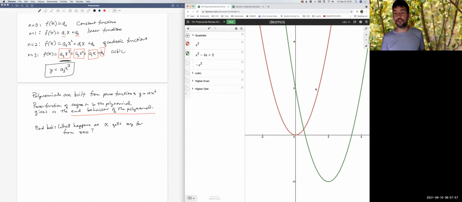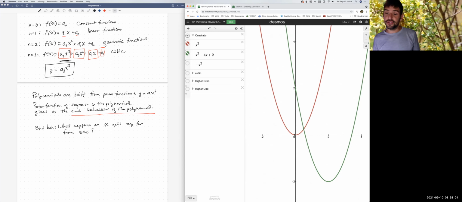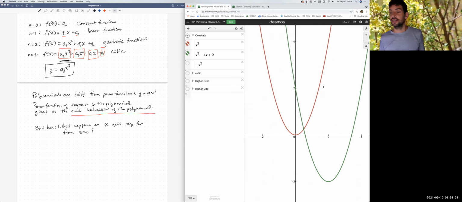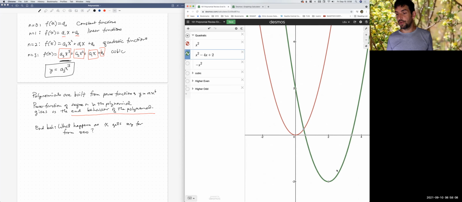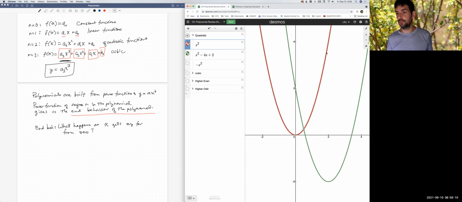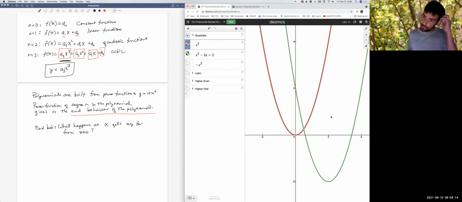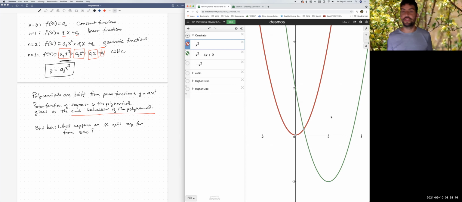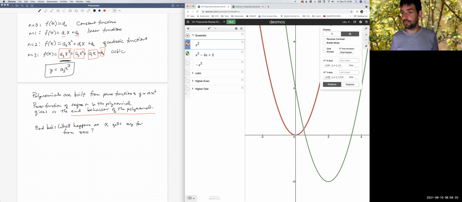If we look at these 2 functions, they're not very similar, right? This red one never becomes negative. We can see that if we evaluate, for instance, at 2, the green one is way down here, the red one somewhere up here, right? There's a big difference between them. There's some similarities to their shape, but they're not all that similar. However, if we begin to zoom out,